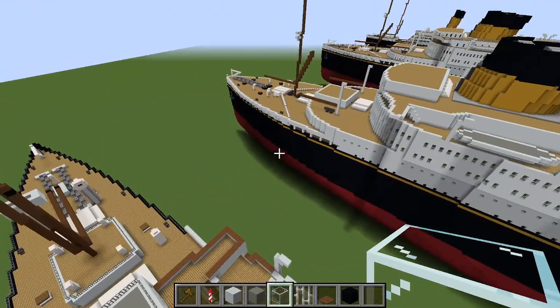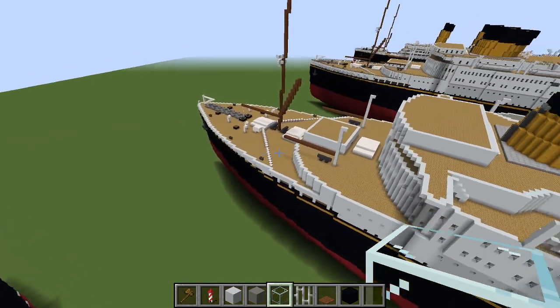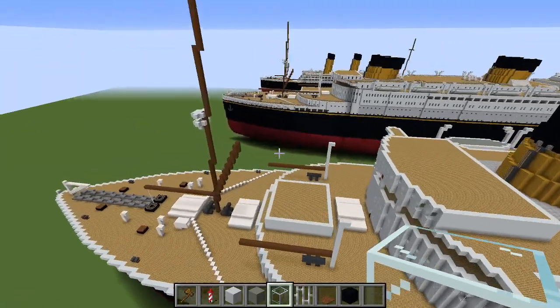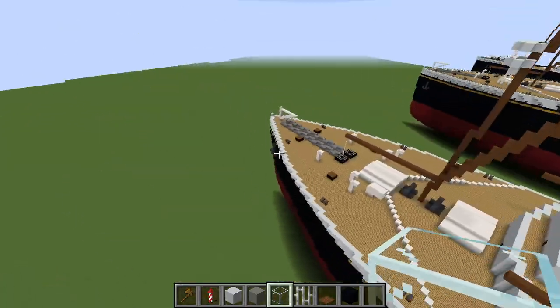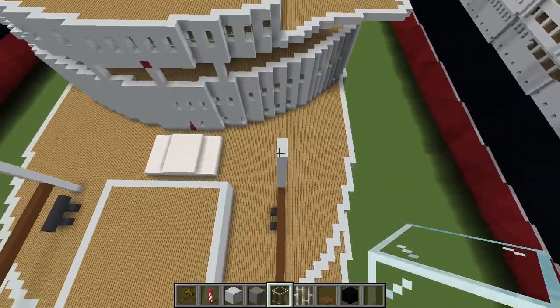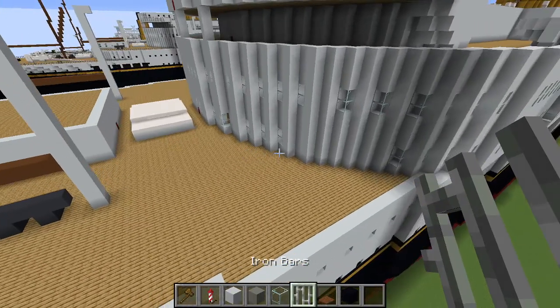And I'm going to tell you guys a secret. I'm planning on deleting this ship. But anyway, I want to add windows here and on the front here. And if you want to add windows here, you can. I haven't put them on the other side yet. I will later, but right now, the next thing I want to do is